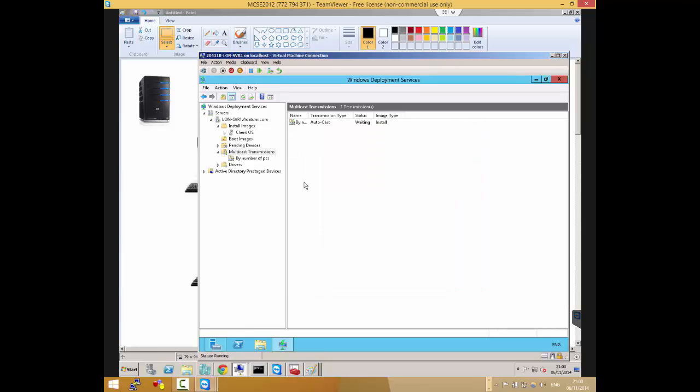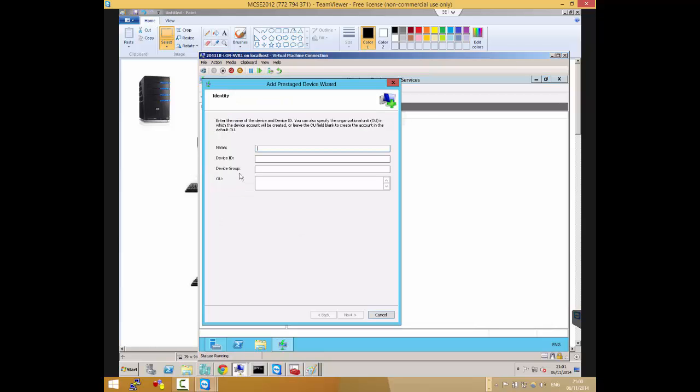Now we've done it. We have a transmission for that image. So we can set up for all the other images that we want. Now it's waiting. It's like I'm waiting, I'm waiting for someone to come and request this image from me. Now, the other thing that we need to do is that if you're going to really integrate it with Active Directory, you can do this one here called the pre-staging, like you mentioned.